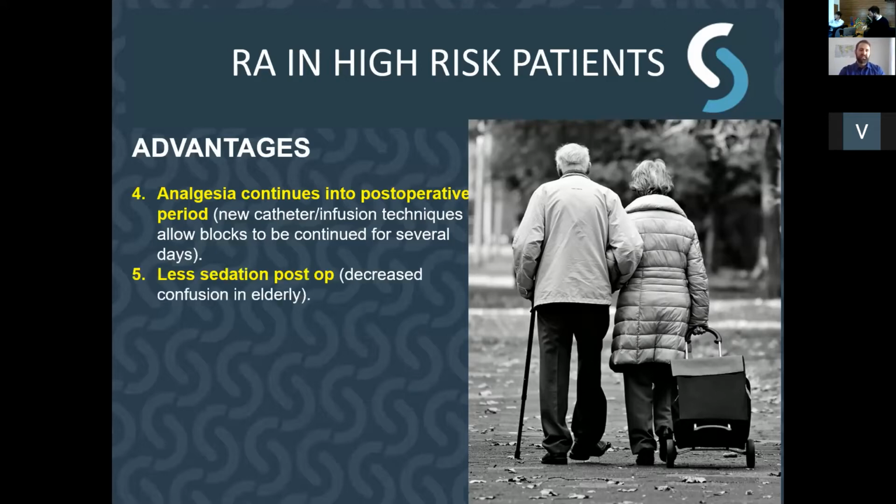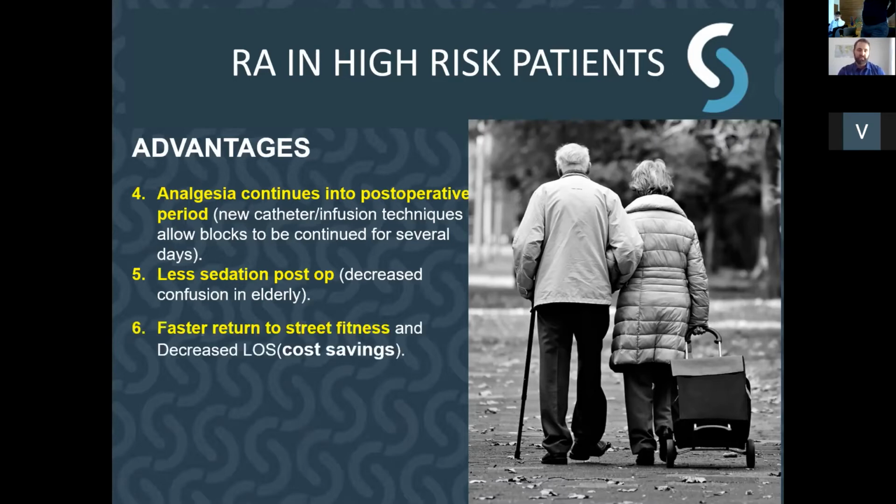Then patients are less sedated postoperatively. So this decreases confusion, especially in your elderly patients. We have lots of elderly patients here where I live because it's a beautiful place close to the ocean. So everybody comes to retire here. So we have lots of elderly patients with comorbidities, and confusion is a problem. We need to send them home as quickly as possible. And regional anesthesia has shown in multiple studies and meta-analyses that it causes less sedation and confusion, specifically postoperatively.